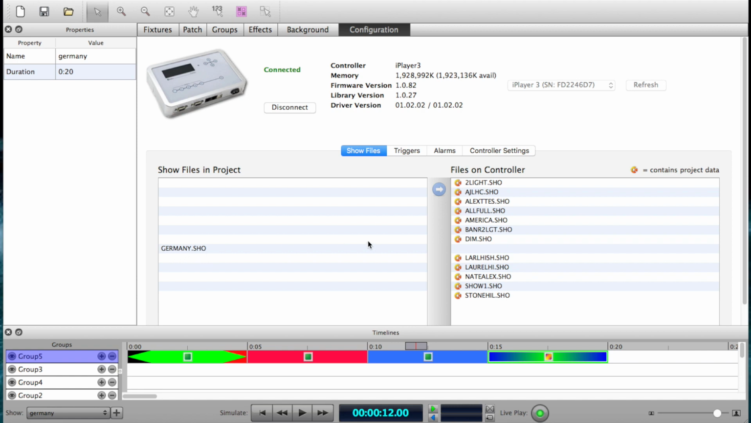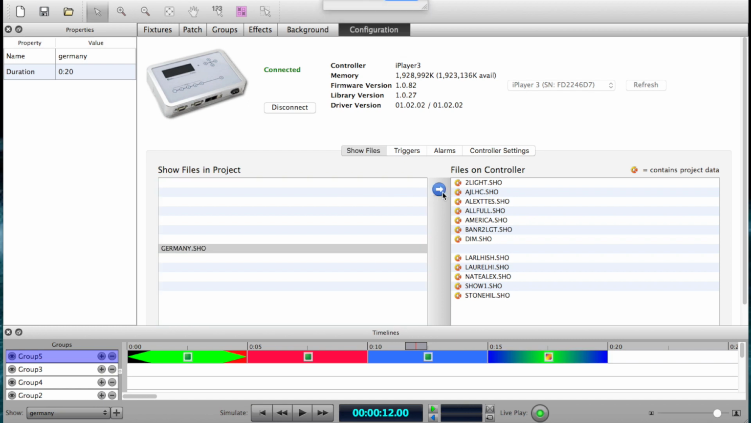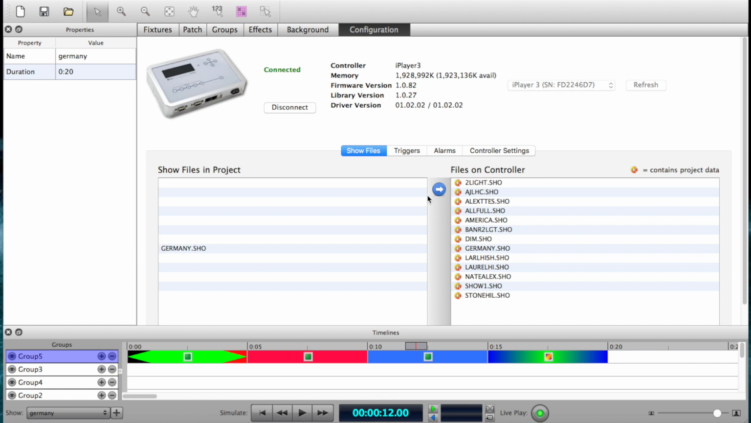Okay. So now to put a file on the project, it's pretty simple. You click the name, and then you hit the little arrow, and it's going to write it, and it's going to send it over. And you can see now it's on the show. However, just because it's on there, it means you can find it and you can technically play